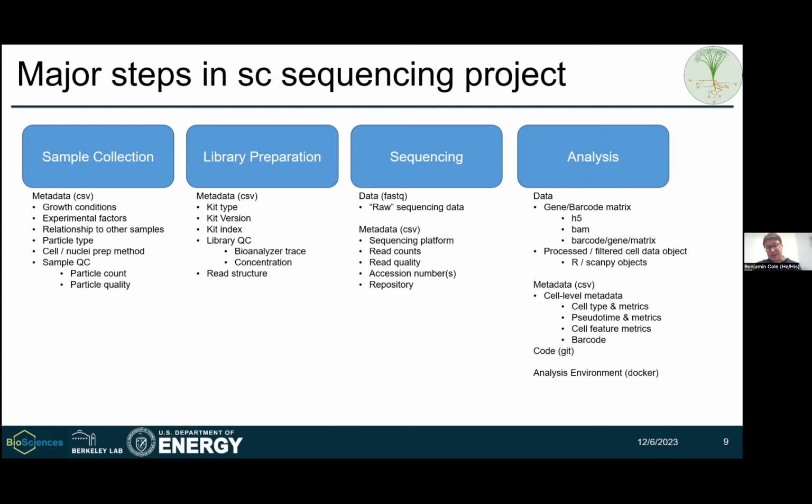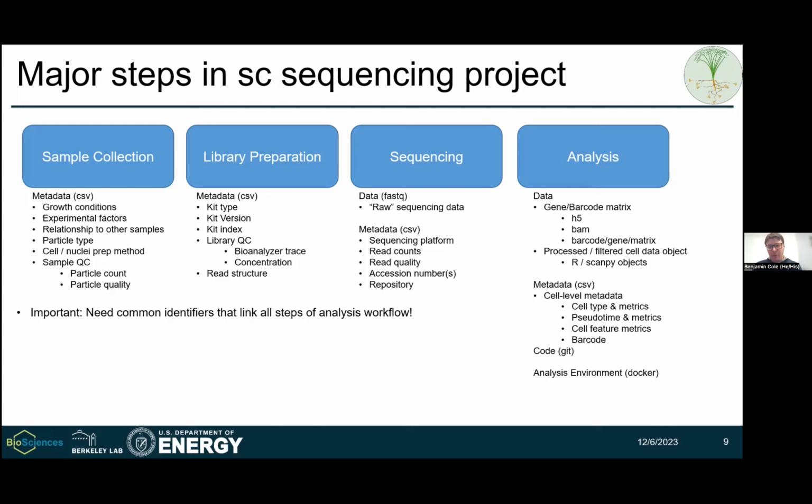You can run the same exact analysis pipeline on two different computers and often get two different answers. Most of those differences are trivial. But if you're trying to recreate a plot, for example, using a lot of these more fancy methods for dimension reduction, they're very reliant on stochastic methods. So just doing it a second time can produce a wildly different visual layout, which can be problematic. Having your environment documented as a Docker, for example, can be extremely helpful.